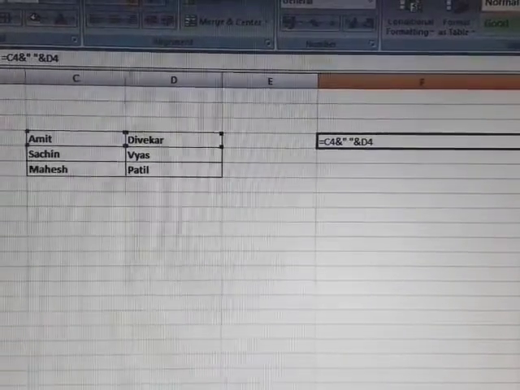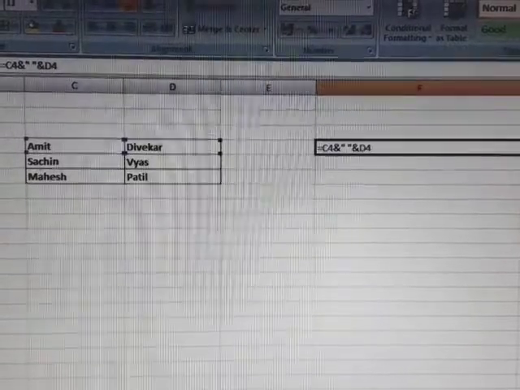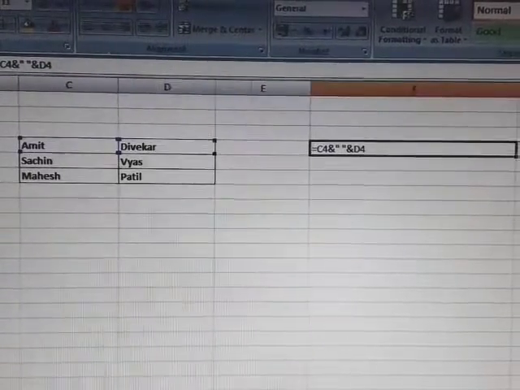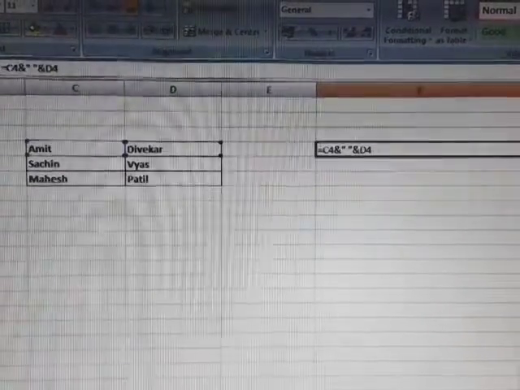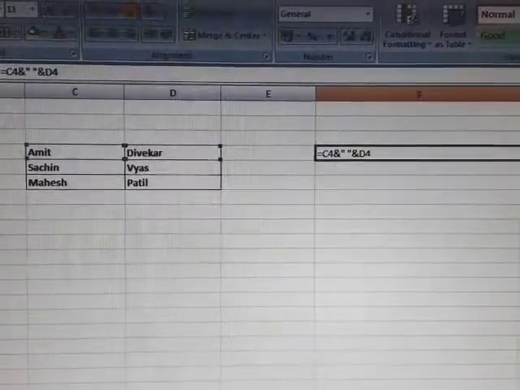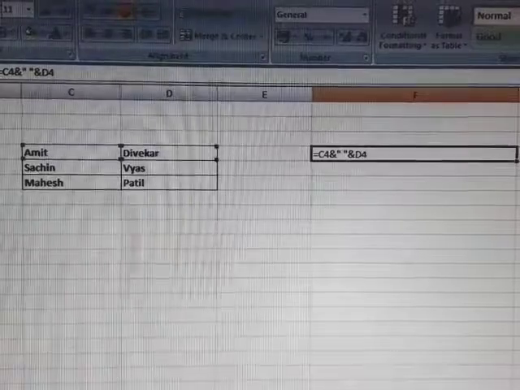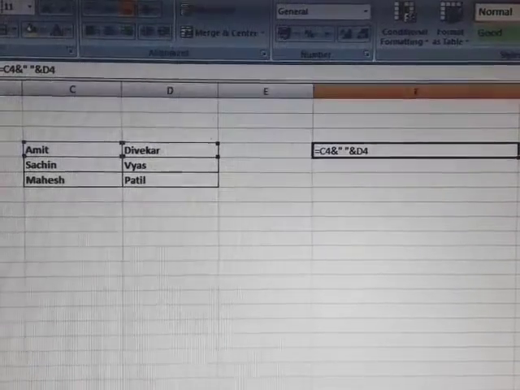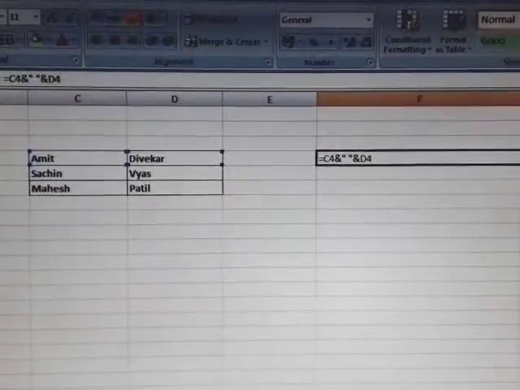Dear students, we have seen that the ampersand symbol is used to join two or more strings. So after C4, that is after Amit, I am going to join something. What am I joining? I am joining an empty space, that is double quote marks, space, double quote marks. So the space will be joined.